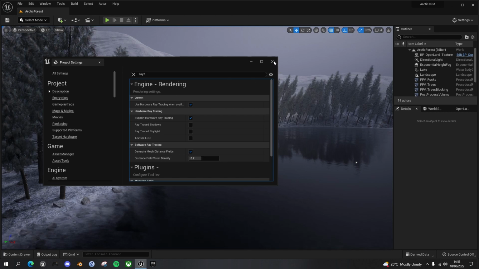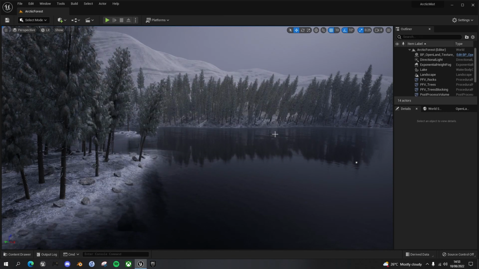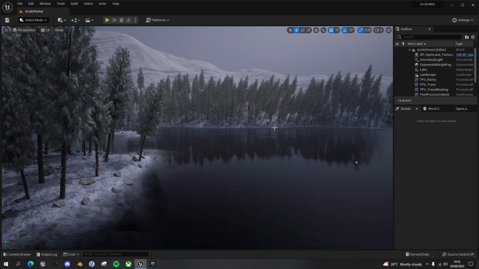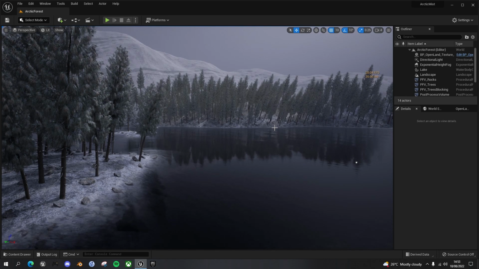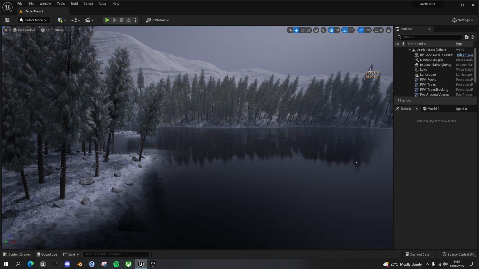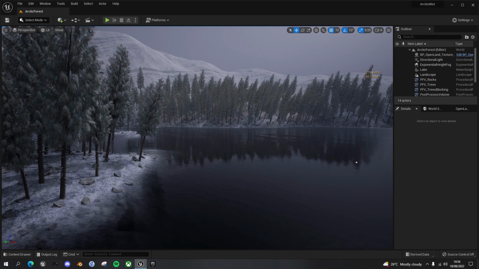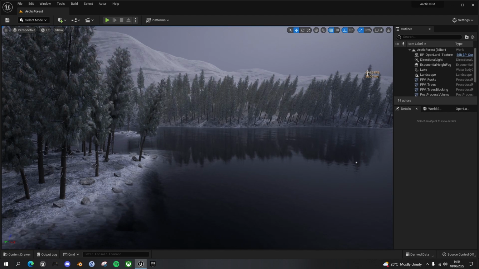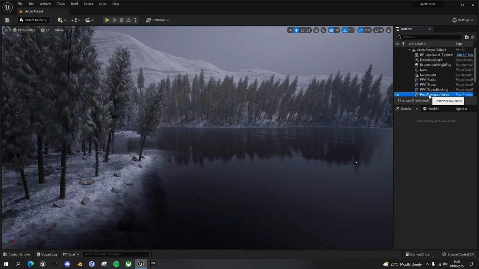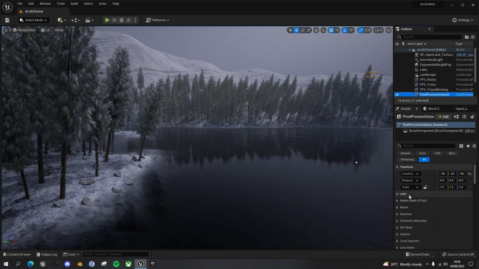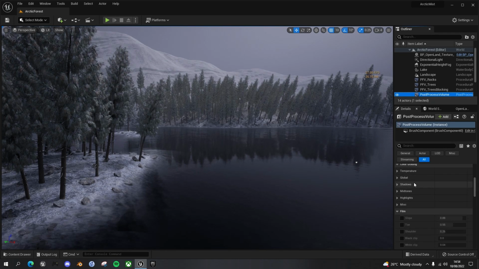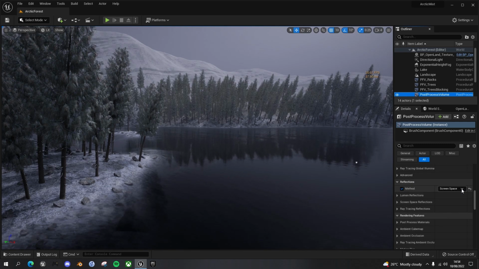All right, so close that down, and currently we have our screen space reflection on. Let's switch the performance back on here. First thing you see is that because we're using ray tracing, that alone has decreased the performance markedly. So let's go back to our post-process volume and down to reflections, and if we change screen space reflections to ray trace reflections,